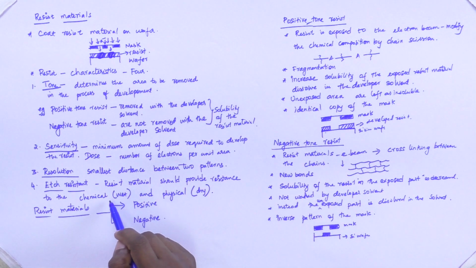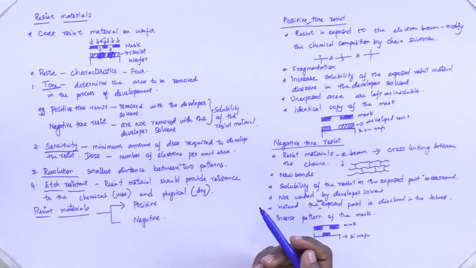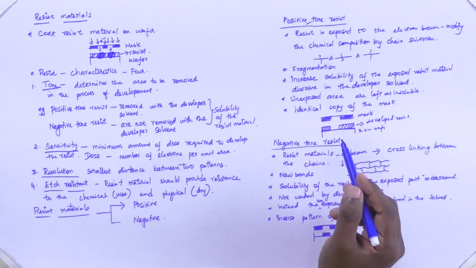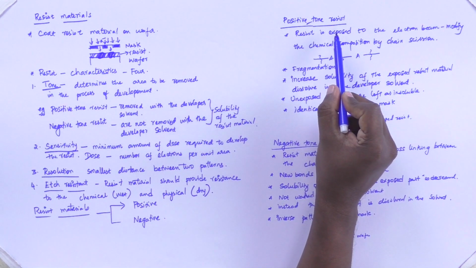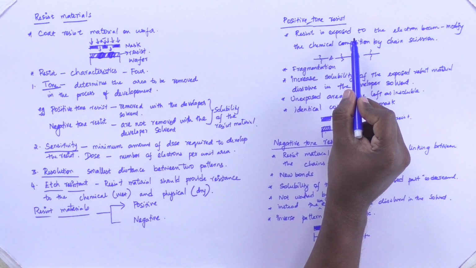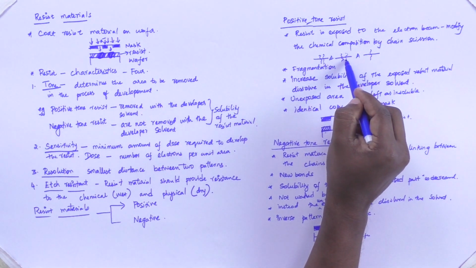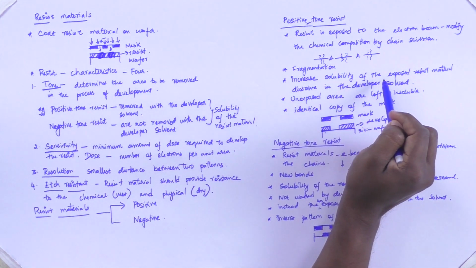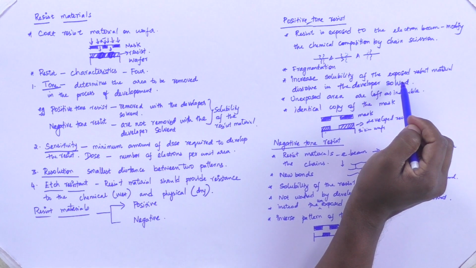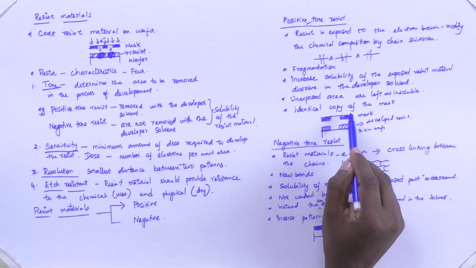The chemical action is nothing but wet etching, and the physical action is nothing but dry etching. These materials can be of positive or negative tone. When it is positive tone, when we expose the electron beam, the resist material will be subject to chain scission. As a result, its solubility is increased in the developer solvent, and obviously what you get is an identical copy of